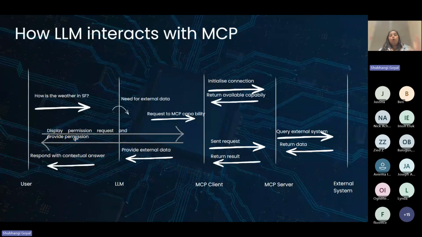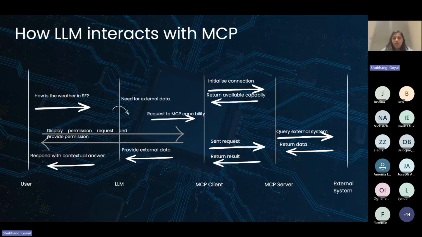So no matter whatever query you ask, it doesn't matter. It's not just about asking what's the weather in SF. You could ask what's the weather in Malta right now, or what's the weather in London. It still has to get that information, so this process is going to run again and again. This is how your large language model works in correspondence with your MCP. It has these main 5 components that make sure that every single step from one to another works really well and in coordination with one another.